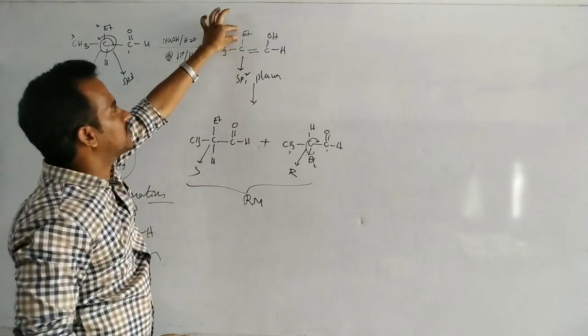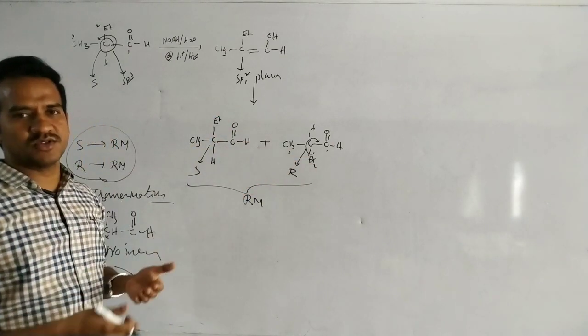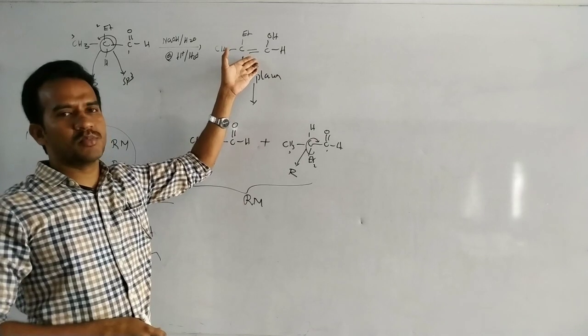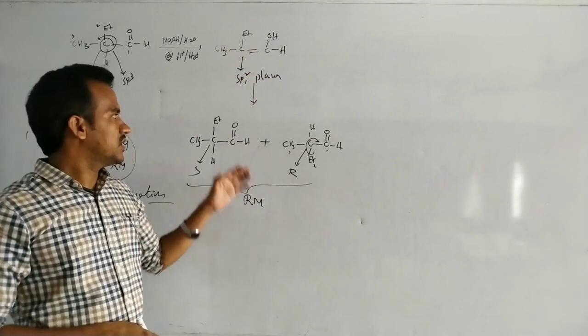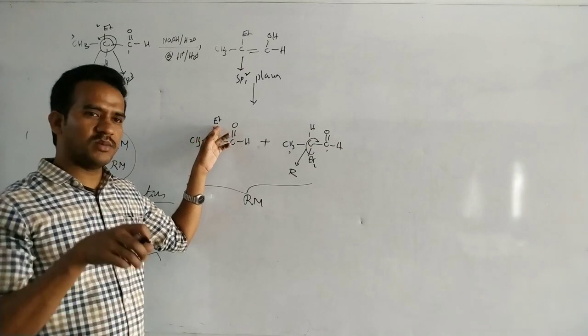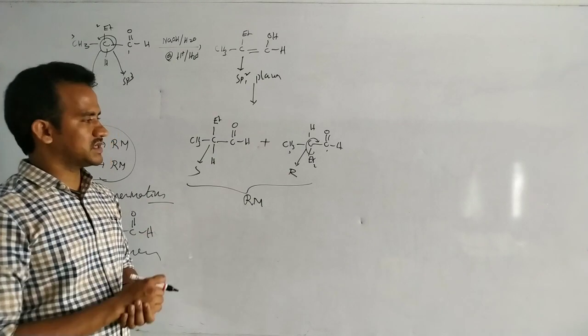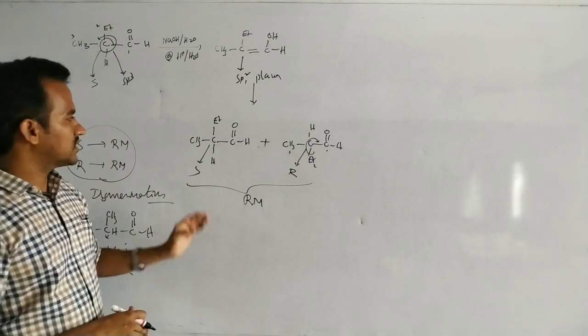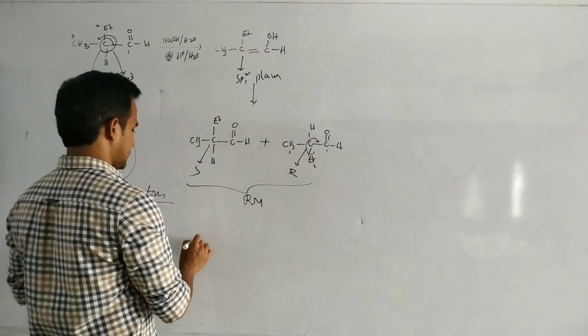For example, if we take the ethyl group, the ethyl group may be above the plane or below the plane. It can be either way, because this is the planar compound. So the planar compound is converted to non-planar compound. In that non-planar compound, the ethyl group may be below the plane in one compound and above the plane in another compound. That means we will get an equal chance. So S configuration and R configuration both. So that is the isomerization.